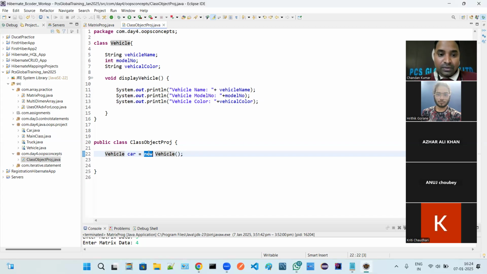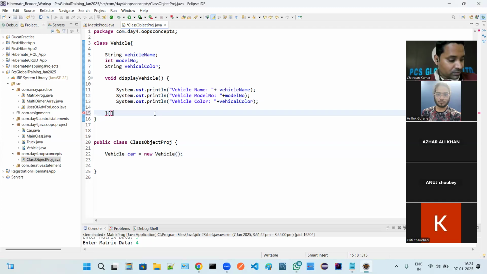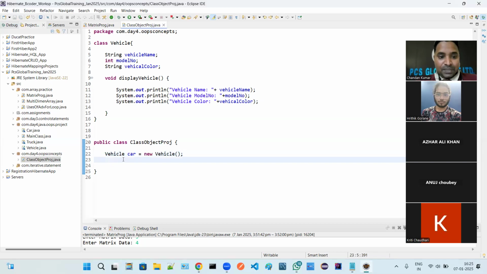During the learning of these keywords, at that time we came across this new. We came across this one also. We came, or not? Yes, we came. So now we have seen it practically, and now we are seeing the usage of the new keyword. Remember, we always use the new keyword to create an object of the class during the runtime or execution time.